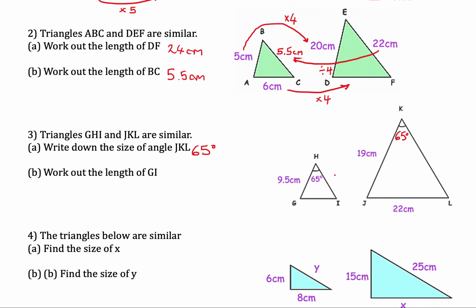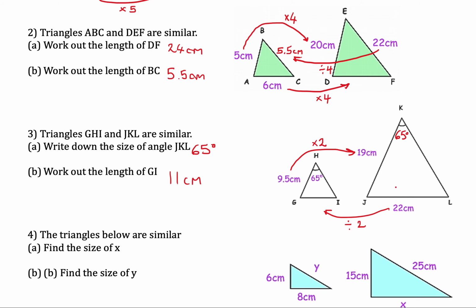So this bottom length, right, so now we need the scale factor, a little bit harder now. How many 9.5s go into 19? Actually, that's not too bad, that's times 1 by 2. So GI, I'm going to divide the length JL by 2, and that'll give us 11. And the final question,